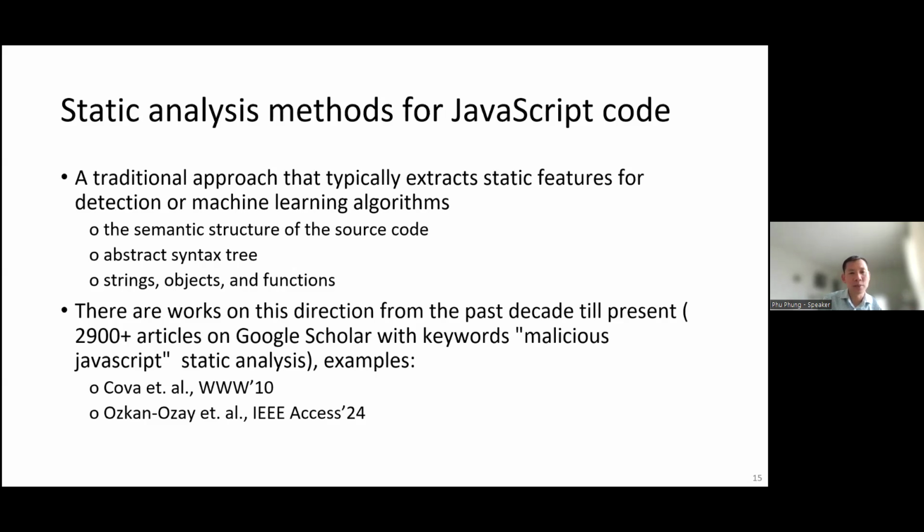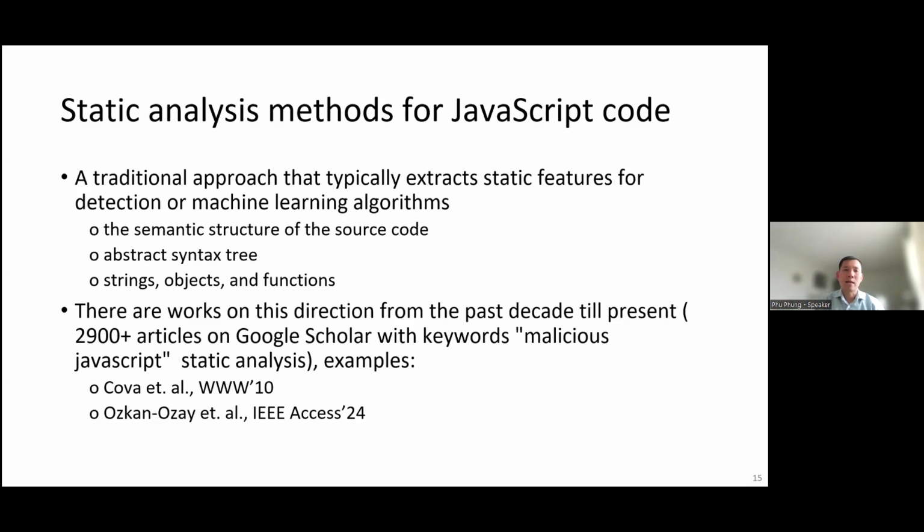If I give you some example here, that is not a new problem. However, it still receives attention from the research community. So, for example, I give you one work from 2010, but there is another work still in this year, and you see that there are almost 3,000 articles if you search on Google Scholar.